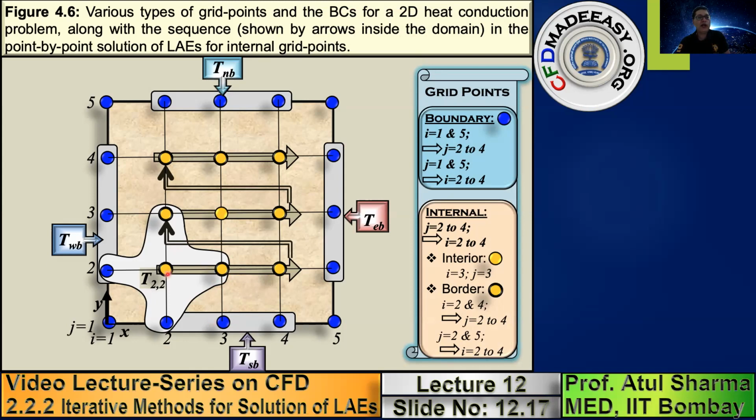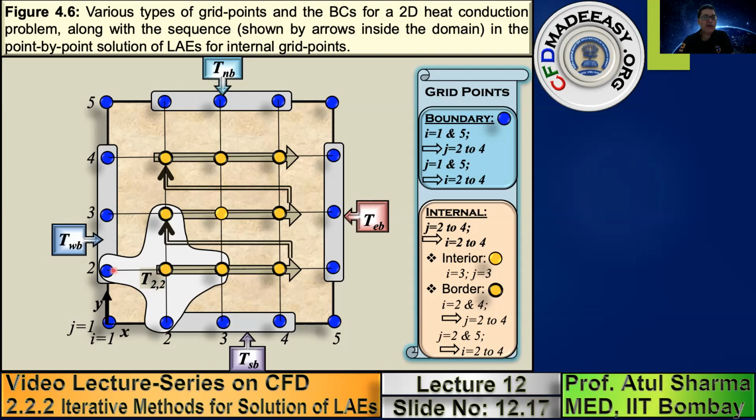Now, whenever you write an equation for this, you can see that here is a constant wall temperature. So that will be a constant, it will go to the constant vector. The coefficient will have only two neighbors. This is what is called an internal grid point. In this, all the neighbors are yellow circles, there is no blue circle involved. So in such cases, you will have 5 non-zero coefficients. Whichever yellow circle has a blue circle as its neighbor will have less than 5.